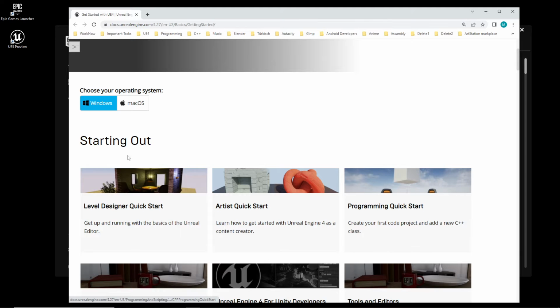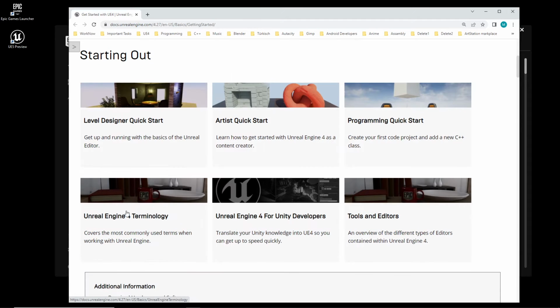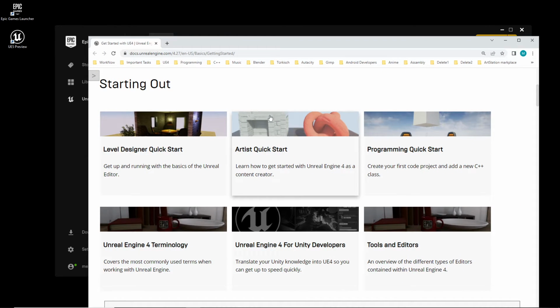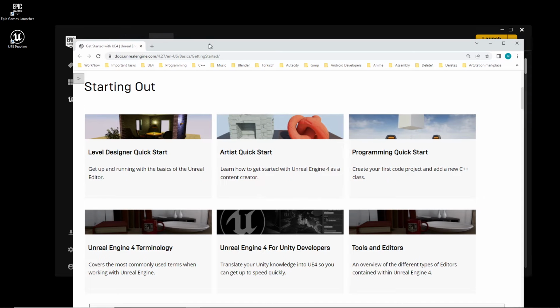Before you go to any of these, before you select one of these quick starts, you have to ask yourself a question first, and this one will determine probably how you start with Unreal Engine. And the question is,